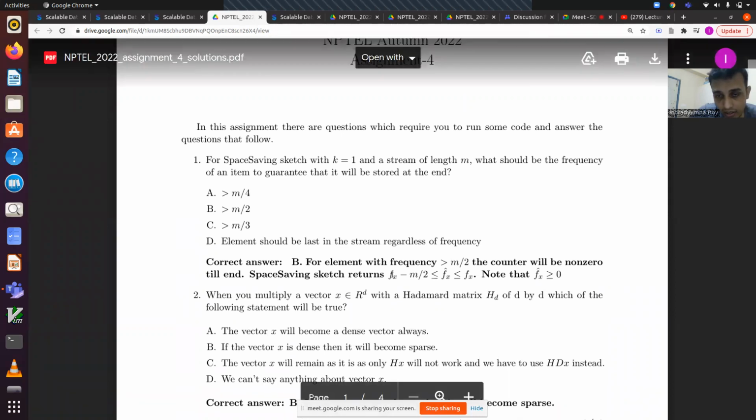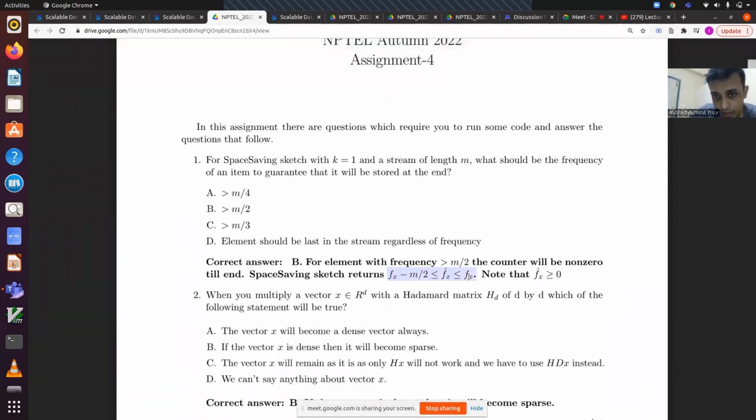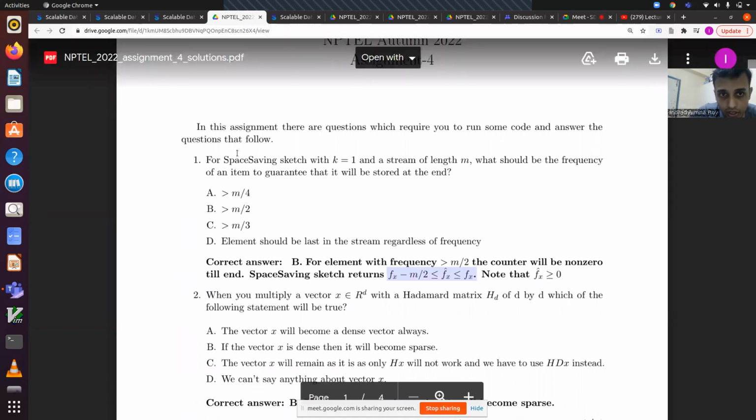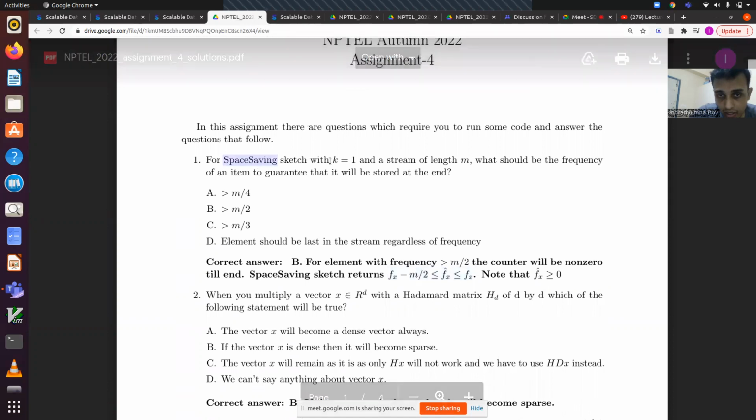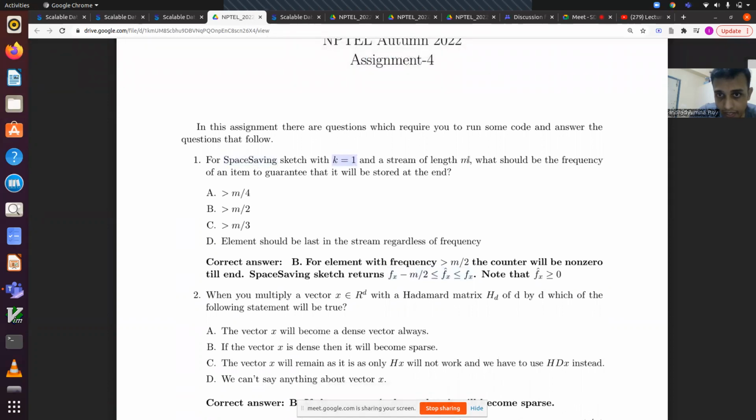So this one, you have to study the slides a bit. This one is directly from the slides, I remember. For space saving sketch, if k is 1 and stream length is m, what should be the frequency of the item to be guaranteed? So this one is very easy. Okay, so you remember that